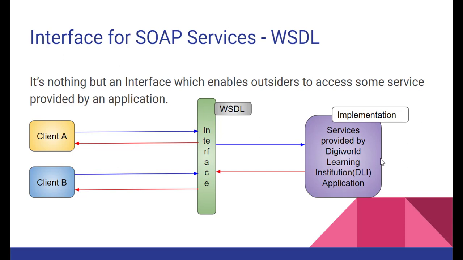In case of REST services, you have two options. There are multiple other options also, but the major two options are YAML and RAML. For Mule 4, we are going to use RAML. All right.